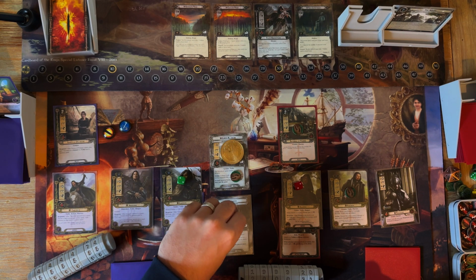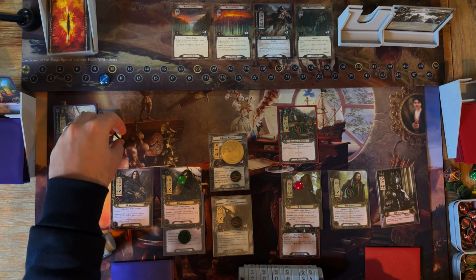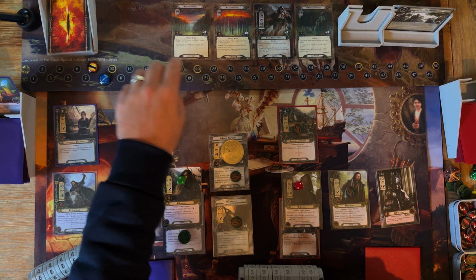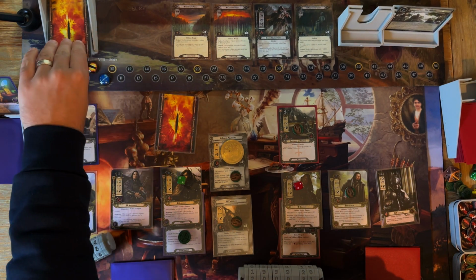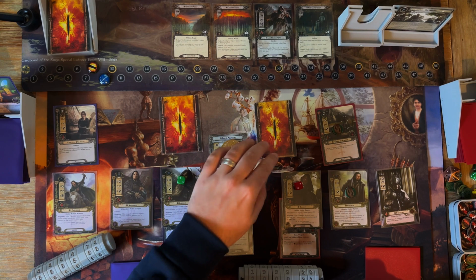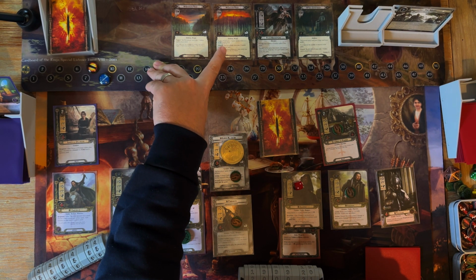Alright, so I'm going to quest here. And I don't quest with Beregond because I know the Númenórean will come out soon, or I want to optionally engage him. I don't want hidden cards per player to increase my threat too much. I want to stay in the 30s. It's okay if we go in the 40s, but I want to keep it down in case I lose questing